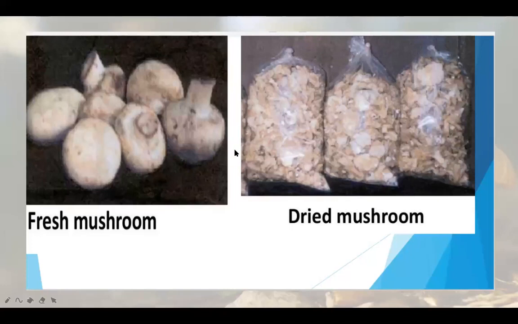Next, we have to deal with the storage part, and then you have to study about food preparation by using mushrooms. You can even prepare biscuits, nuggets, pickles. Many marketing aspects, how you have to make it reach the consumer, how you have to plan, what are the strategies. We can discuss all these things in coming classes. So here I'm stopping the session.